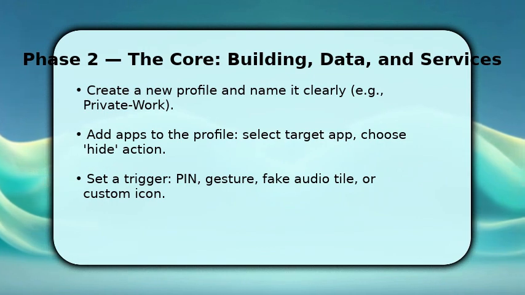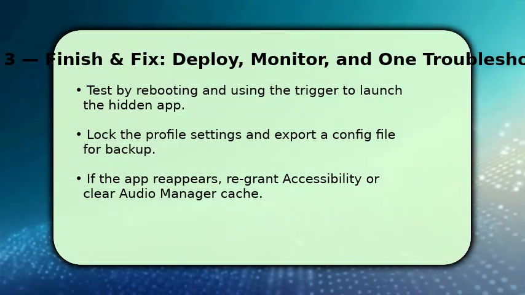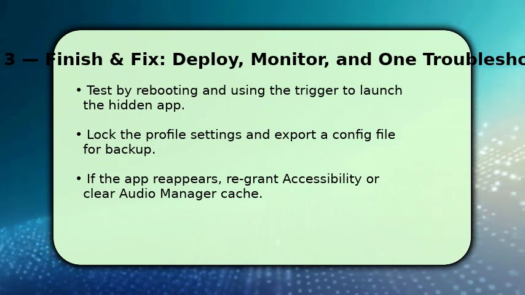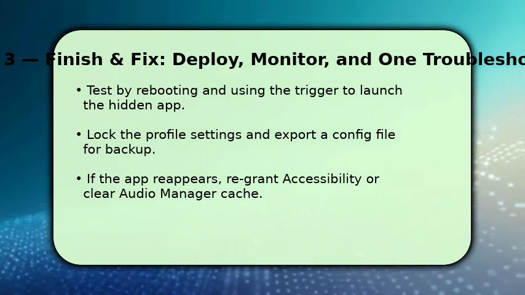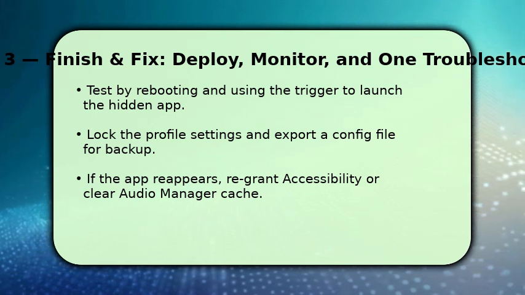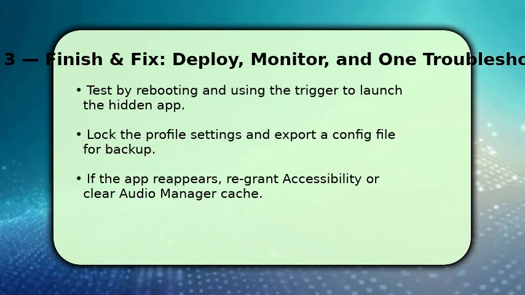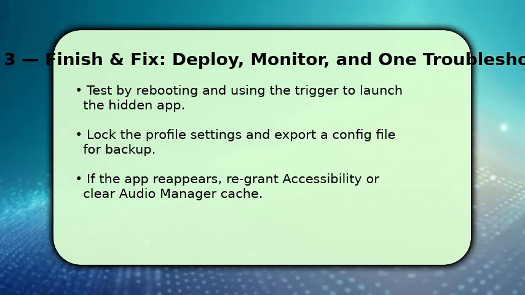but private trigger. Now test, reboot your phone, confirm the app icon is gone, and use your chosen trigger to open the hidden app. Make sure to lock the profile settings and export a config file so you can restore it later. If the app fails to hide after an Android update, reopen Audio Manager and regrant accessibility or notifications